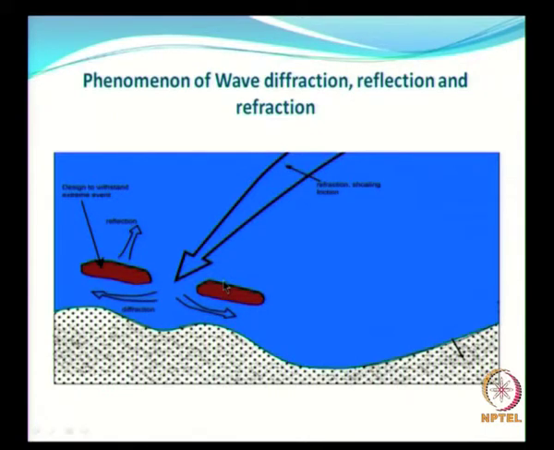And now the presence of obstructions like natural reefs, outcrops. For example, in India, at the tip of the Indian peninsula, you have so many outcrops. All these outcrops will lead to a certain extent of diffraction, and the presence of these will also lead to some amount of reflection. So when you want to take up some project, you have to consider all these phenomena before you plan for a major project.